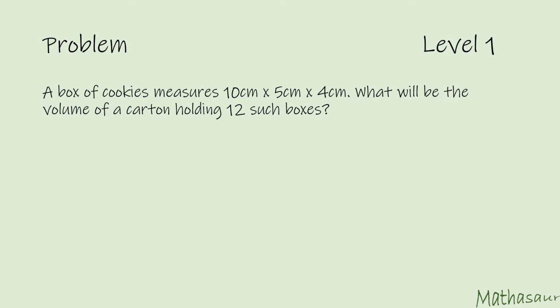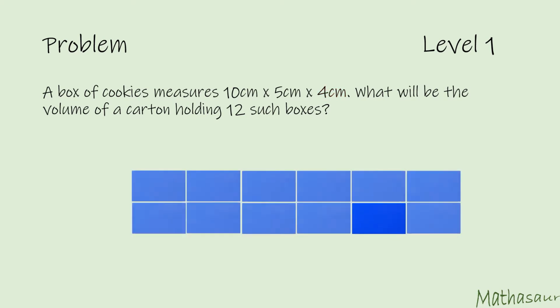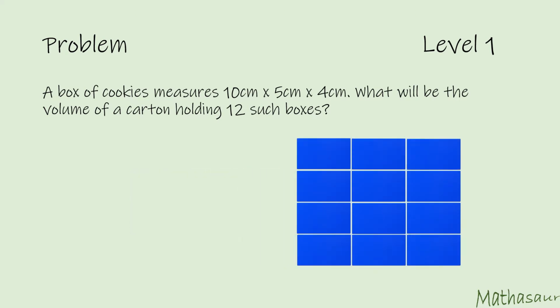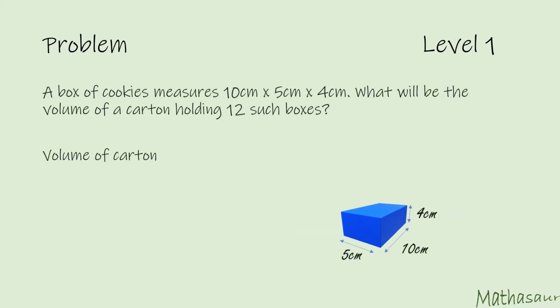A box of cookies measures 10 cm by 5 cm by 4 cm. What will be the volume of a carton holding 12 such boxes? There are a lot of ways to arrange these 12 boxes. However, we only have to find the volume of a carton that could hold 12 boxes. So, I can simplify the volume of carton by multiplying the volume of one such box of cookies by 12,